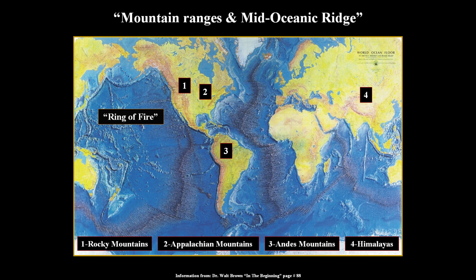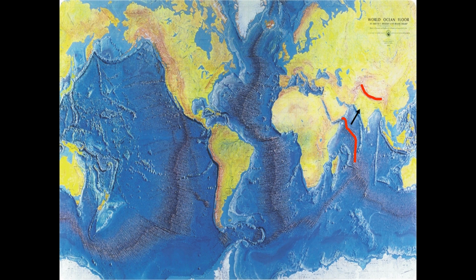And I showed you, and there's a number. I got them numbered there. If you want to pause the video and take a look at that, you can, or just go back about 3 or 4 videos, and I talk about this. And then you got the Himalayas right here. If you notice to the far right, I got 2 squiggly lines there. And you'll notice the mid-oceanic ridge, I got it traced with that red line,